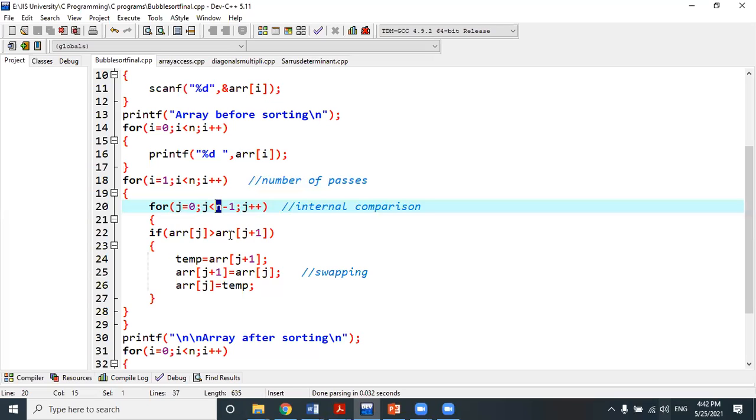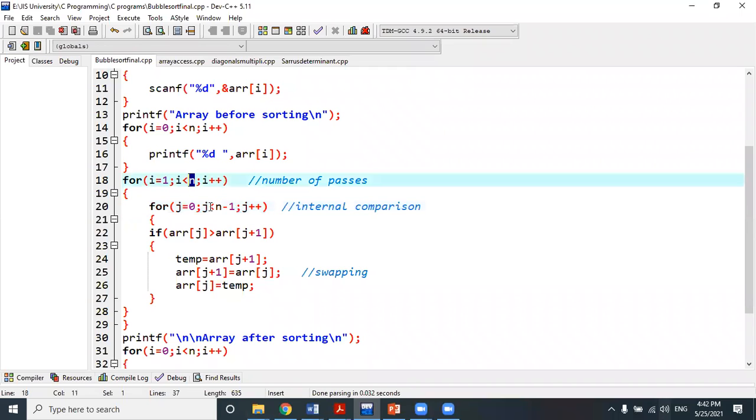Only one element time or two element time does not create any effect. So that's why n minus 1, n minus 2 is more or less similar. There is no need to update. But if it is n by 2, then it will create some effect, because the average goes halfway. But n minus 1, n minus 2, n minus 3 doesn't create any effect. Understood?